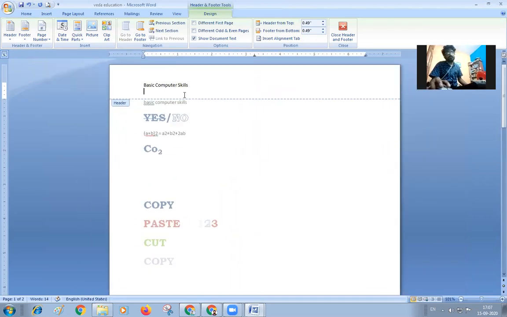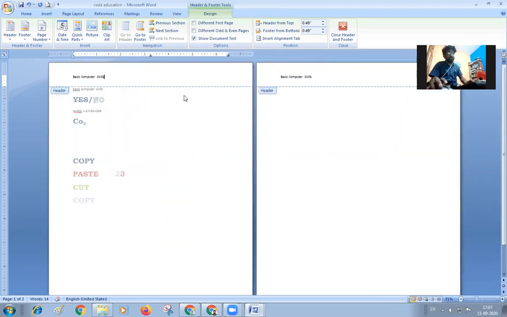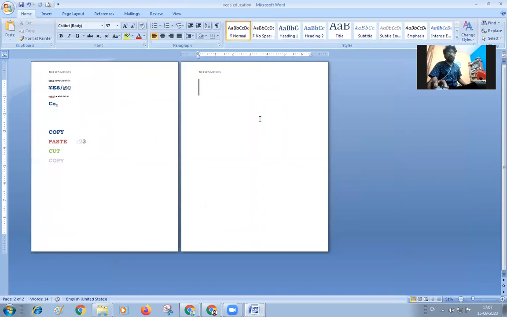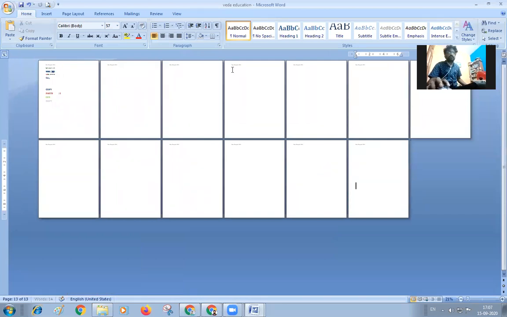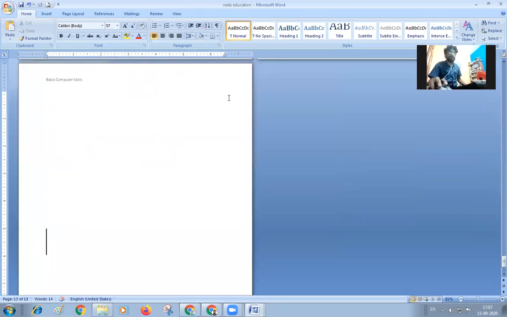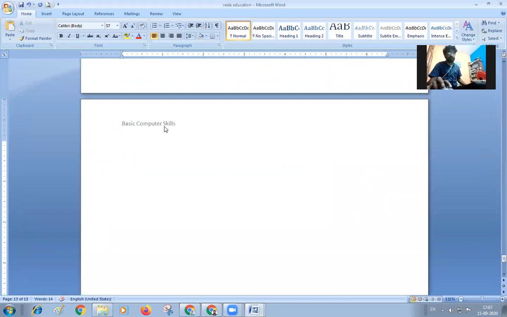You can see this. Basic computer skills is here. And if you also insert some pages, you can see n number of pages can be inserted, and for all the pages we'll get the same header, Basic Computer Skills. The header comes at the top of the page, and the footer comes to the